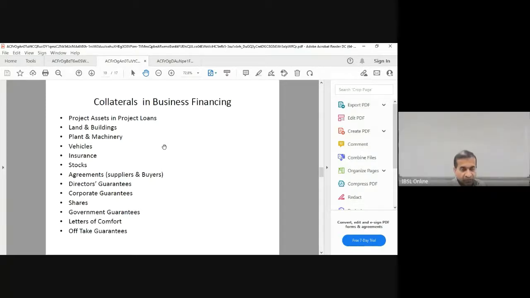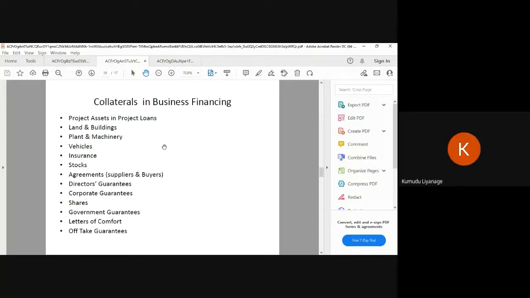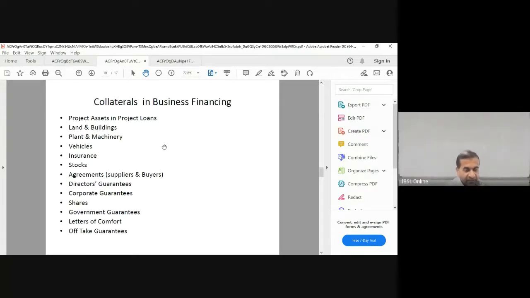No, you can have the same mortgage. You can have one mortgage for several facilities, but you have to classify the facilities separately. You can't have combined securities, but you can have one security for combined facilities. I'll repeat that again. You can't have combined securities for one facility. Then you have to split the whole loan into separate loans in relation to the security values. Yeah, that's right. You can have a combined facility for one security. Only thing, those documents should be separately taken, because the conditions are different, if it is a term loan.